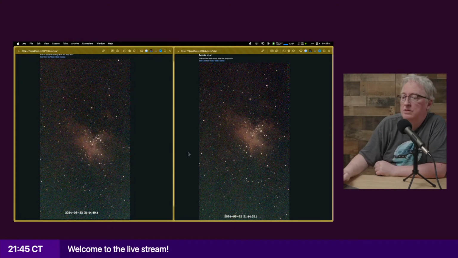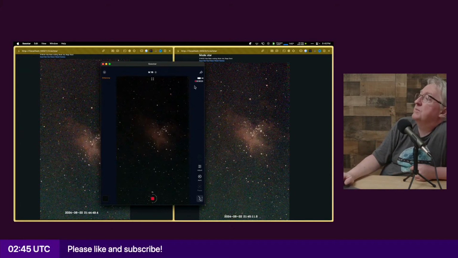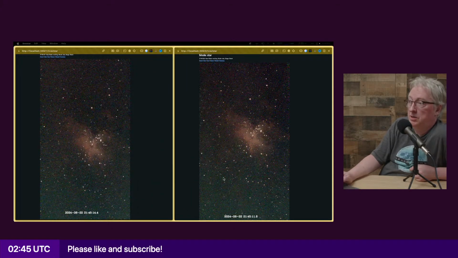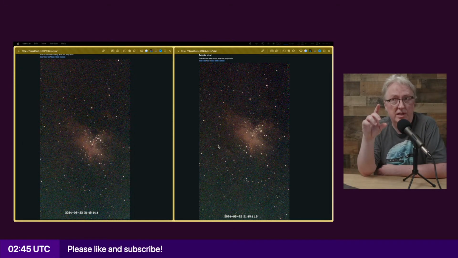And so again, things that I want to improve. One of them is, if you look at the app, it'll tell you how much elapsed time is on the exposure, whereas on this one, I don't yet. But the Seestar actually returns the number of successful frames and the number of failed frames.